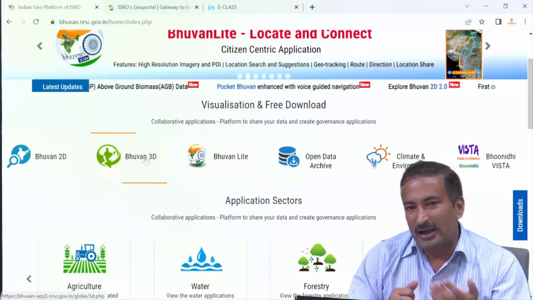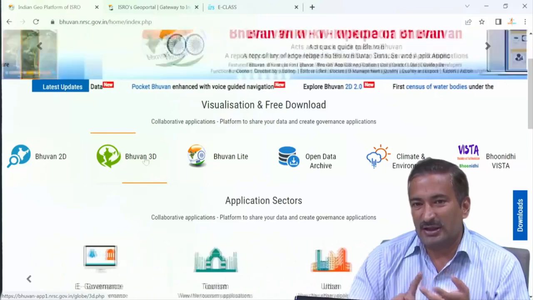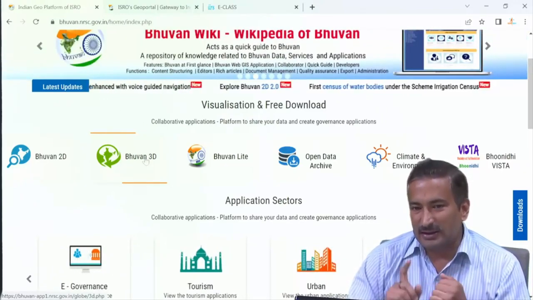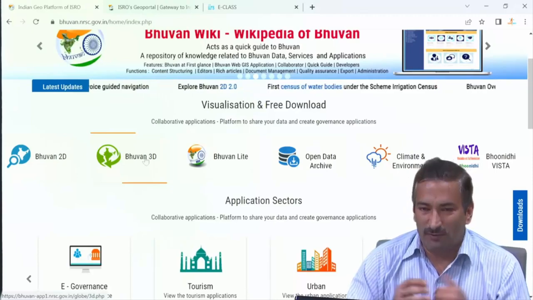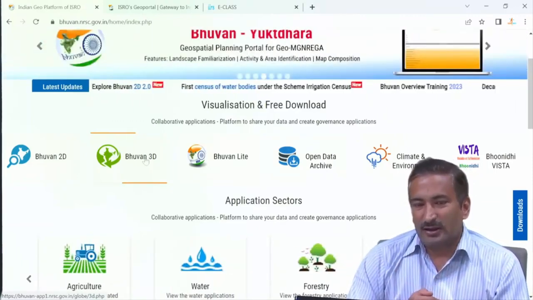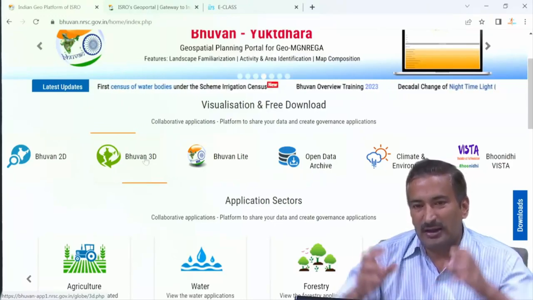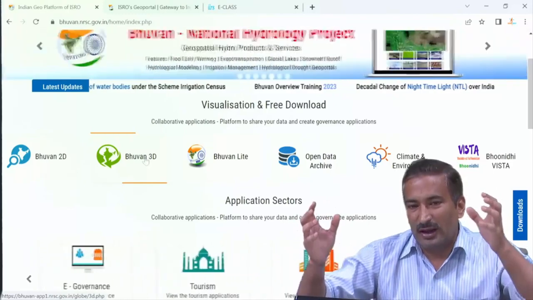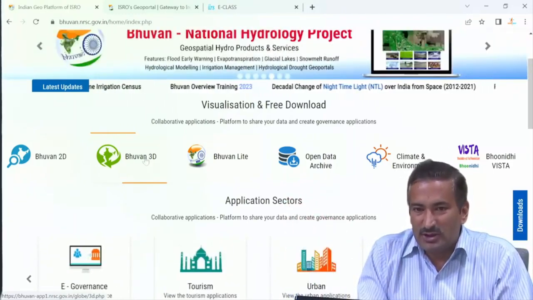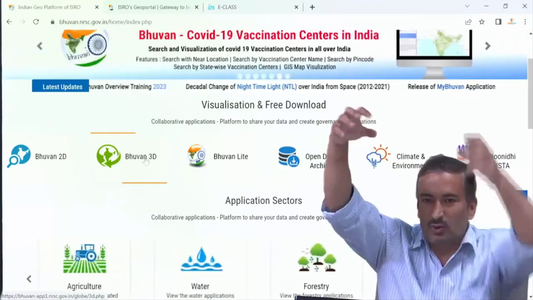Like in ResourceSat, I told you we had three sensors, LISS-3, LISS-4 and AWiFS. Similarly, the Cartosat-1 satellite, which was launched by India, has two sensors, and what these two sensors are doing is, at the same resolution, they are at two different angles, okay, and from the different angles they are capturing the image of the feature from space, okay.